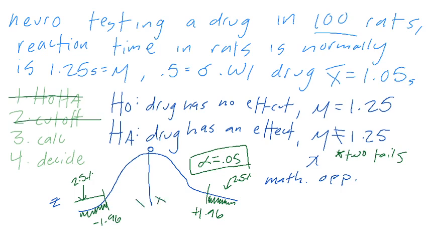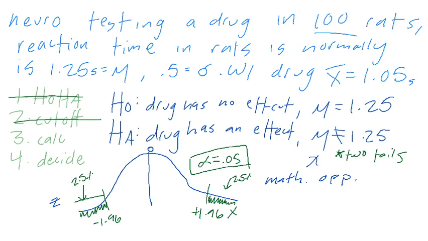If it falls somewhere over here, maybe we get a z-score of negative 0.5, maybe we get one of positive 1, those are not in the critical region. So if we found any z-scores over here, that would be evidence to suggest our null hypothesis is true. If we find something over here, maybe we find a z equal to 3.5, that would suggest that our null hypothesis is not true,